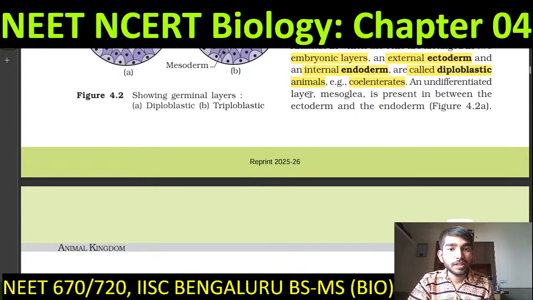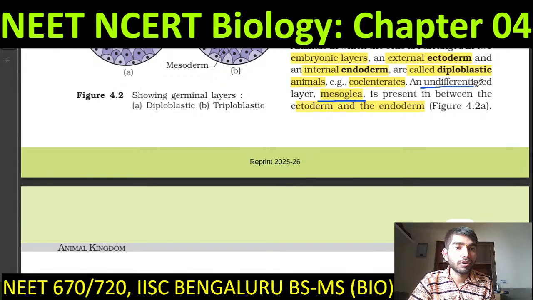An undifferentiated layer called mesoglea is present in between the ectoderm and endoderm. So this is important. This can be asked directly also. What is the name of the undifferentiated layer? Or they can ask you in assertion or reason whether the mesoglea is differentiated or undifferentiated. So this thing you should remember, that mesoglea